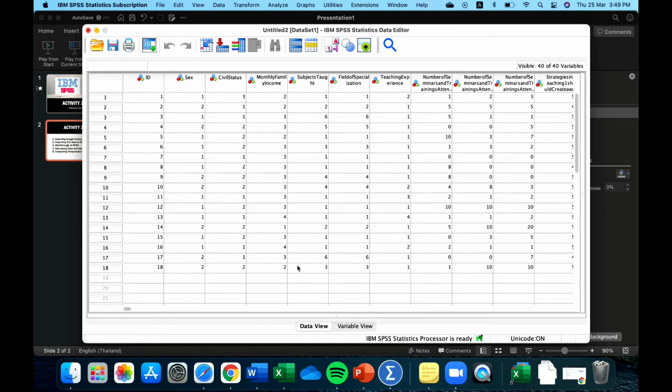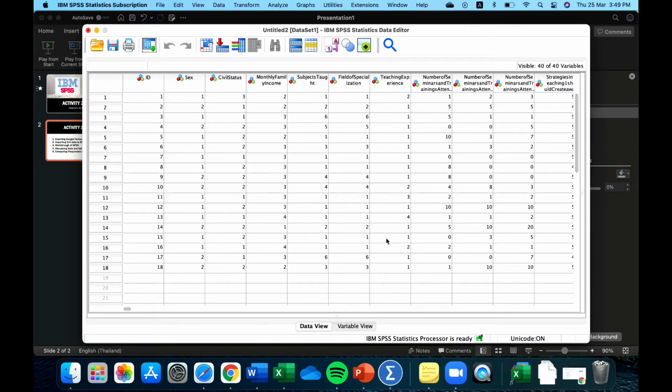As you can see, the Excel file is already transferred to SPSS, and it's all numeric because we are going to run it for analysis, so it will be easier. We just have to set it in the variable view